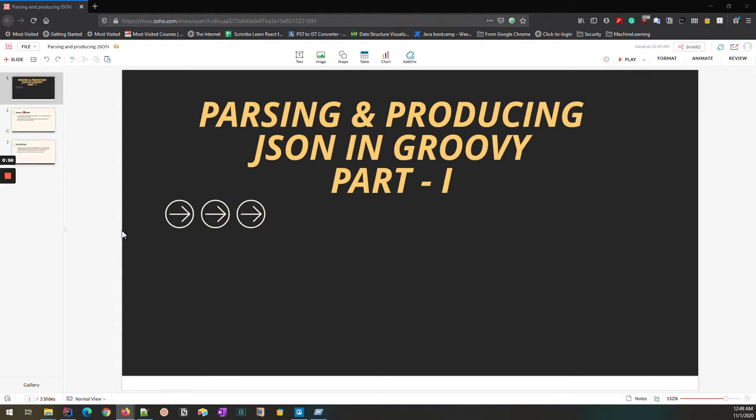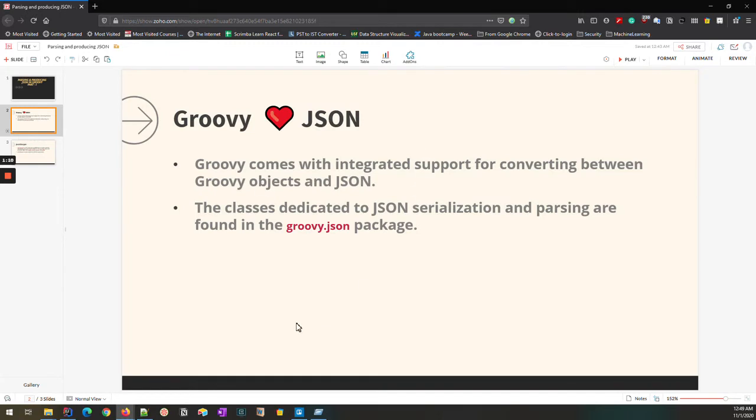And most of the modern web development frameworks rely on JSON as a data type to send data to the client. So before going into the code, let's understand Groovy's love for JSON. Groovy loves JSON. Groovy comes with integrated support for converting between Groovy objects and JSON. Unlike traditional languages, Groovy doesn't need any third-party dependencies to convert JSON to Groovy objects or Groovy objects to JSON. Groovy supports that implicitly without any libraries, and all the code needed for this serialization and deserialization can be found in the